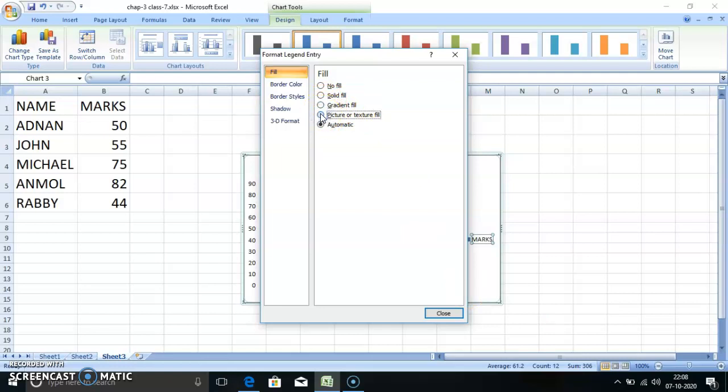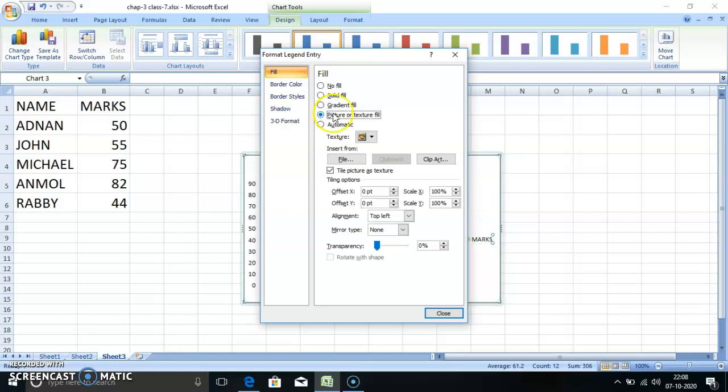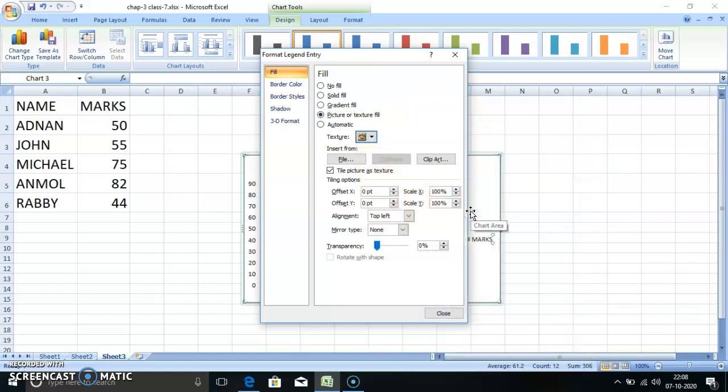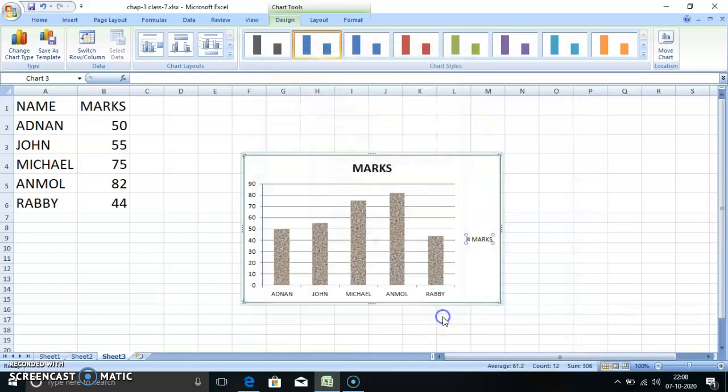You can click here and you will get more options. See texture. You will get many options in texture also. I'll close it. Now see here the small square boxes have different colors.